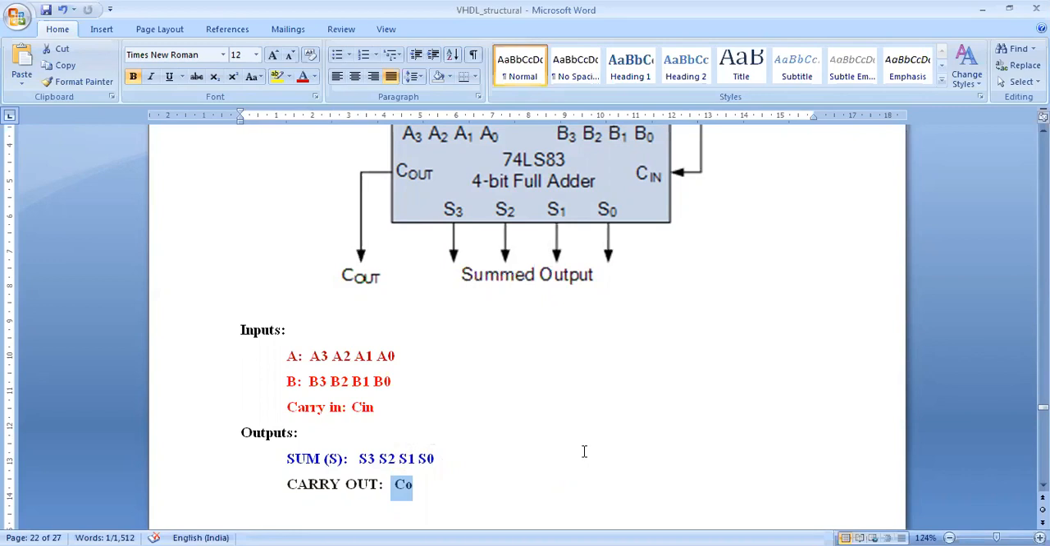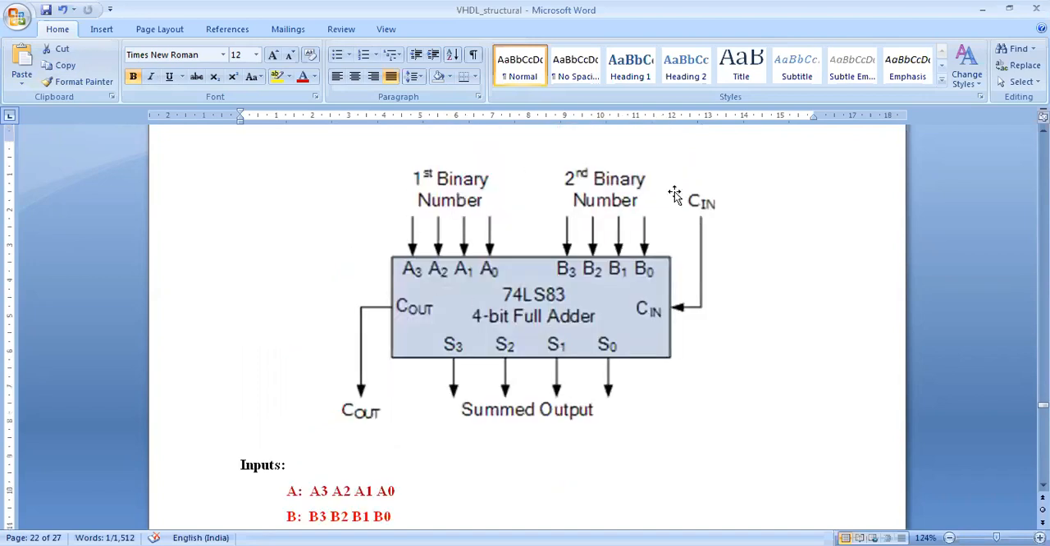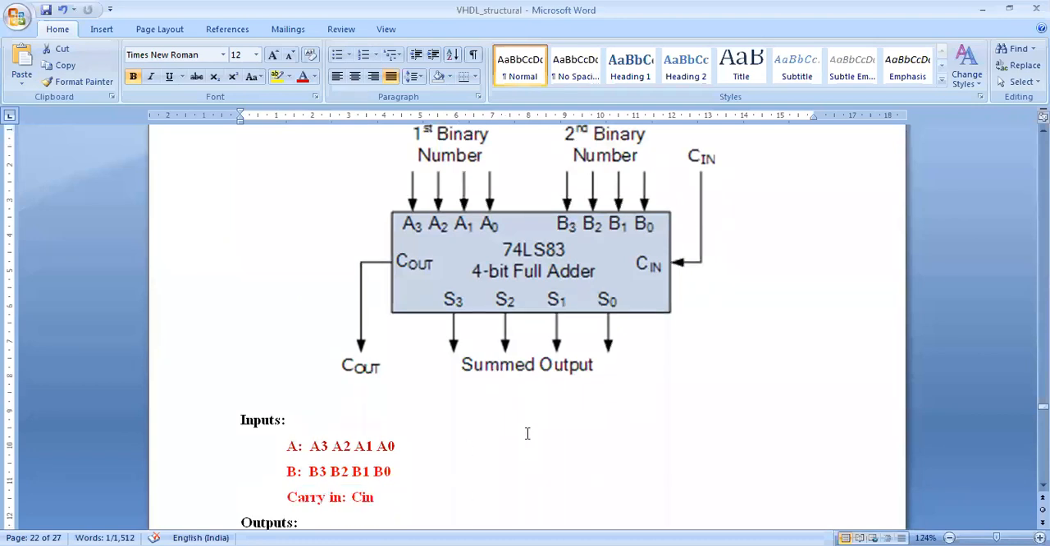Now can you write the VHDL code? You can start writing the VHDL code now. So take your notebooks and draw this entity diagram. First one, draw this entity diagram. This is the entity. So all of you take your notebooks and draw this entity and note the inputs and outputs, and then